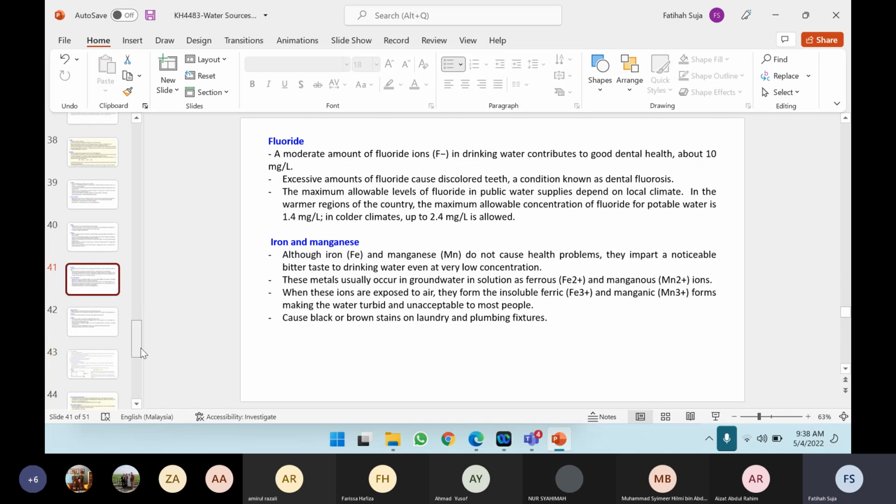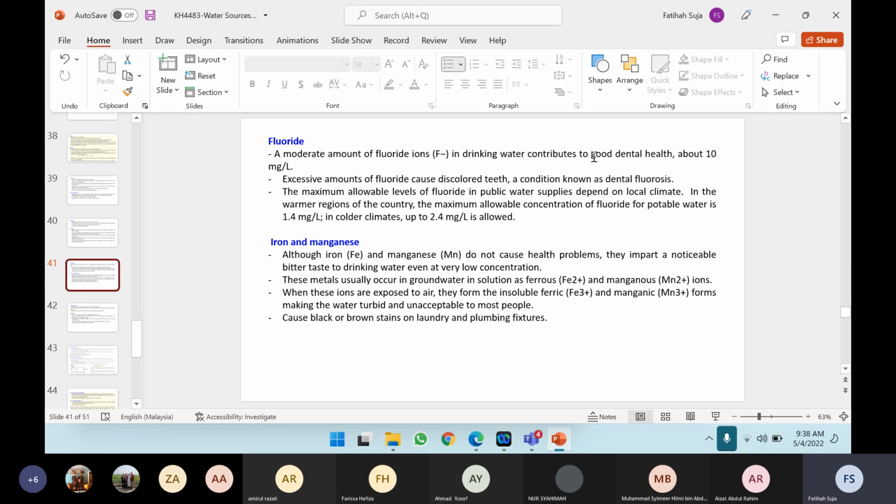Then we have fluoride. A moderate amount of fluoride ion in drinking water contributes to good dental health, about 10 milligram per liter. Okay, so it's good to have fluoride in your drinking water, because it is good for our teeth. But an excessive amount of fluoride causes discolored teeth, a condition known as dental fluorosis. So you need to know the maximum allowable levels of fluoride in public water supplies,